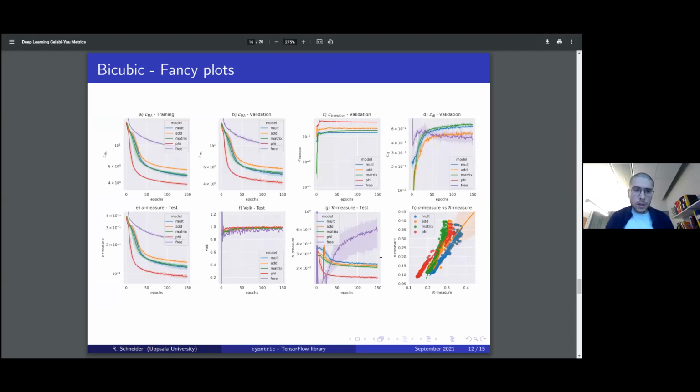Okay, good. I'm going to show you some more fancy plots. In similar fashion to before, what we can see is that the loss is decreasing nicely for the element-wise multiplication, the matrix multiplication, and the phi model. We see that we are not overfitting to the data. We see that we are staying roughly at the overall Calabi-Yau volume, and we find this linear relationship. The important thing, though, for the bicubic is that this overall volume only takes a linear combination of the Kähler moduli. So this does not actually tell us that we're going to stay at the same points in Kähler moduli space.